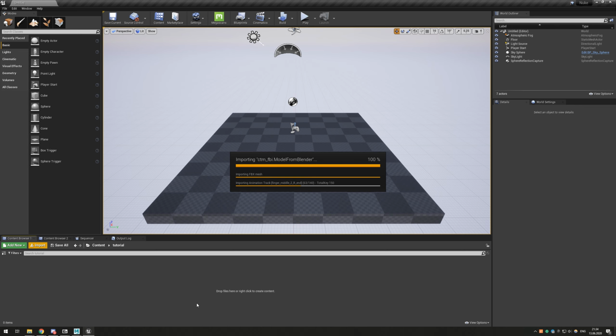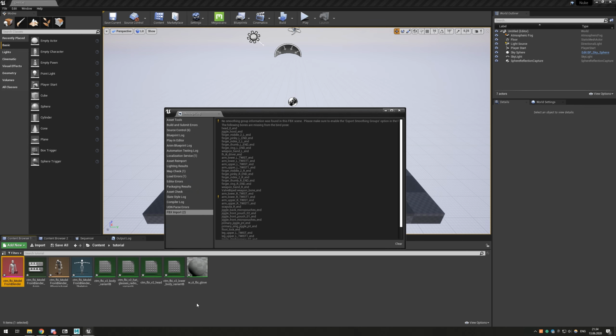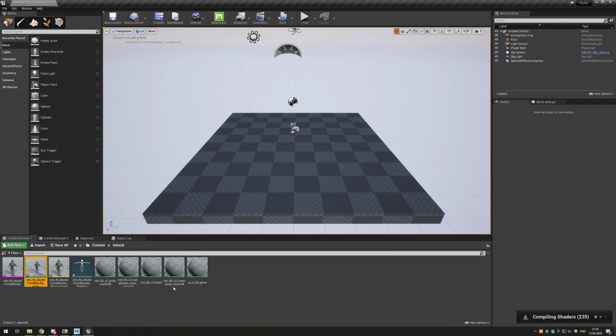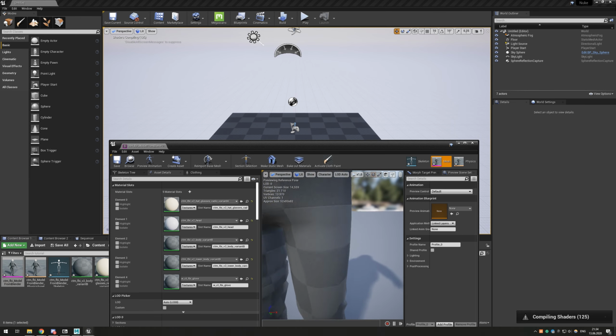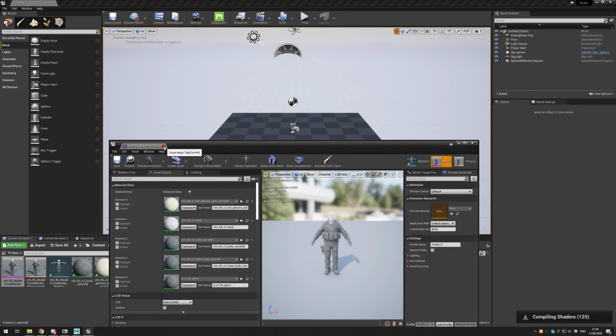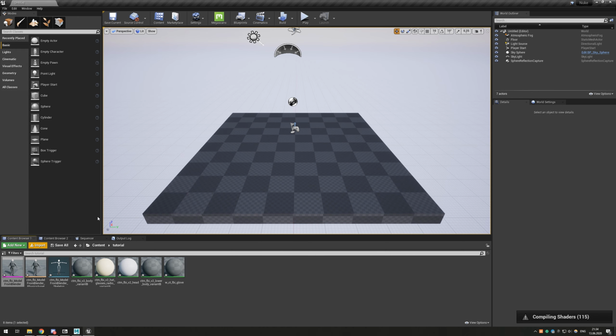Magic happens now. About now. Yep, that's it. Wait, it imported some kind of animation. I don't need it. Let's delete it. So now you have a model. Now it looks pretty standard. No outstanding features.